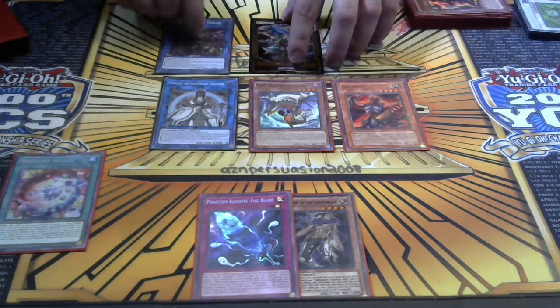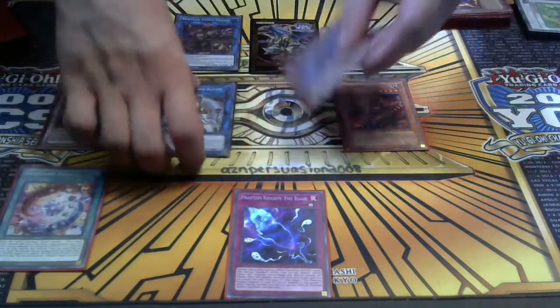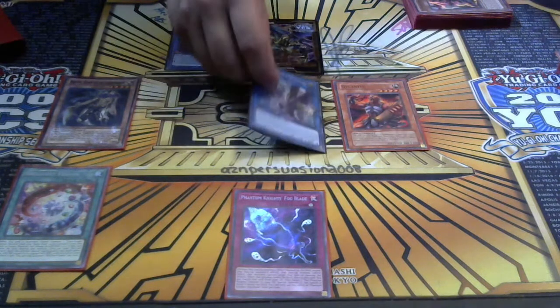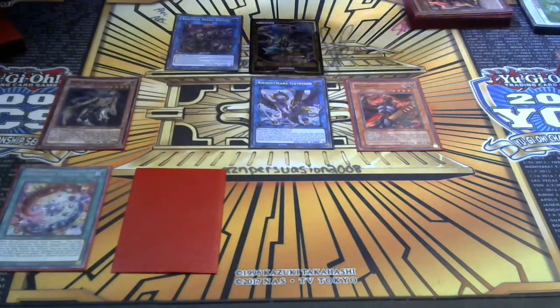Now, this is not a hard once per turn, and this is the second Sayuja, so I'm going to use the second Sayuja to special summon the other Raiden. And I'm going to link with these two. Nightmare Griffin. Then I'm going to set the Fog Light. Then I'm going to activate...